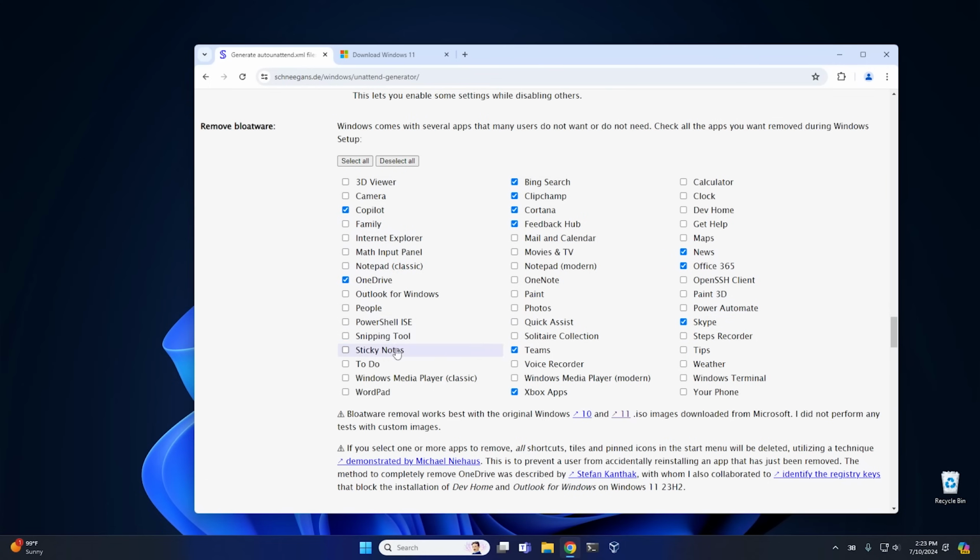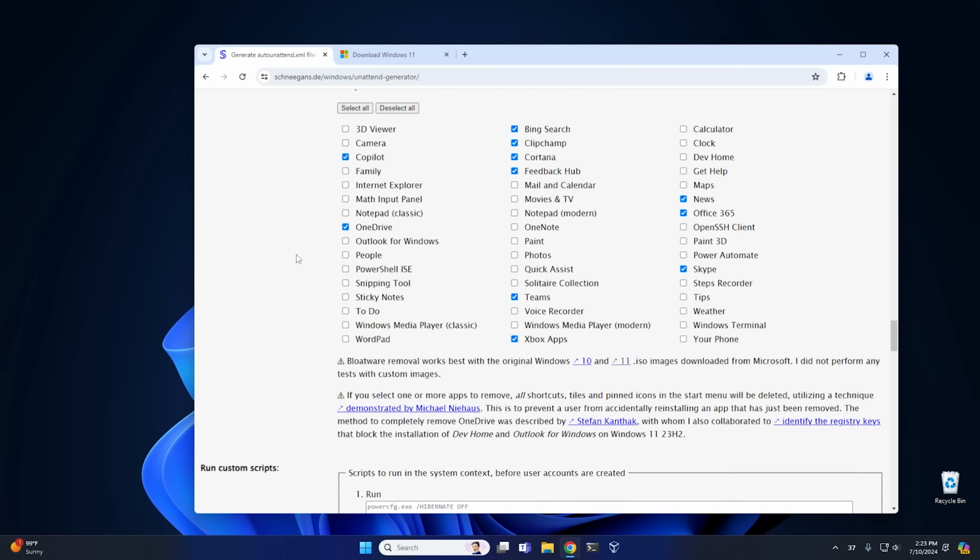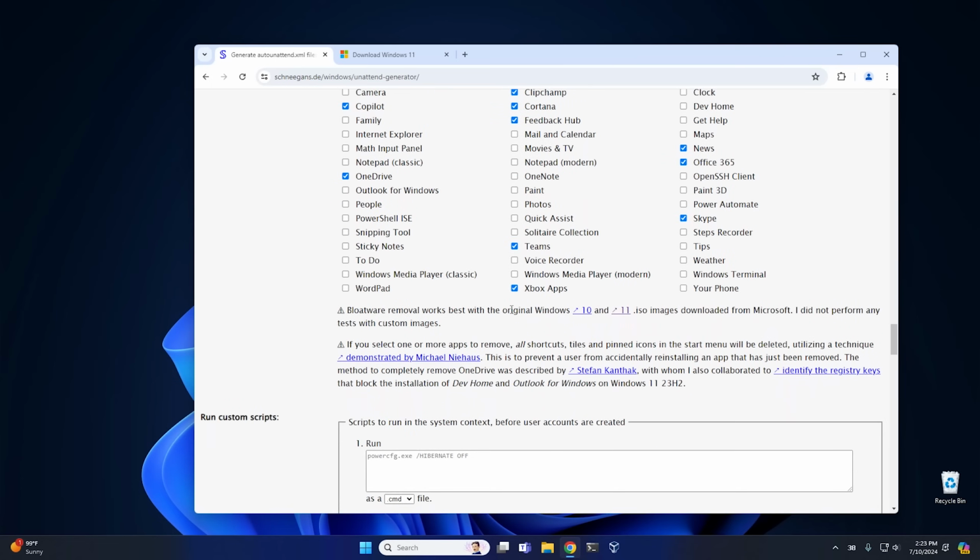So go ahead and check off all the ones that you want removed, and then they'll get removed from Windows. If you want them all kept, then go ahead and hit deselect all. Or you can hit select all if you want everything removed as you install Windows. And obviously this is making the assumption that you're not going to be using this on an already debloated ISO, because if you are, then obviously none of this stuff's going to be here in the first place. So you're going to want to use this on an original Windows 10 or 11 ISO image,